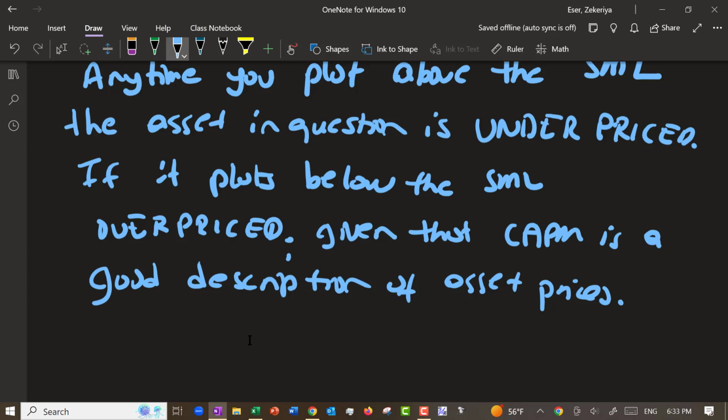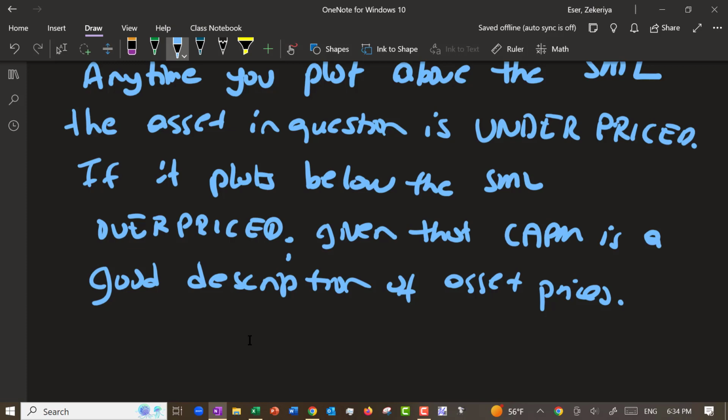Now we know, based on the last 40 years of research, CAPM is not a perfect description or even good enough description of asset prices. But, you know, it's not too bad. At least you always know that if you have two assets, one with a higher beta, it's always the case that the one with higher beta has returned higher in the past, or even expected return. But sometimes betas alone cannot explain all the differentials.